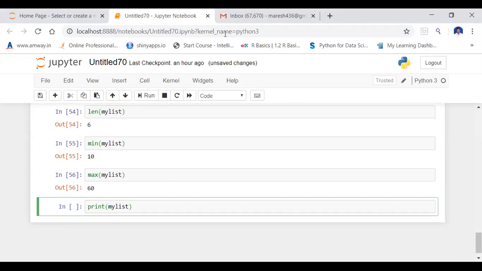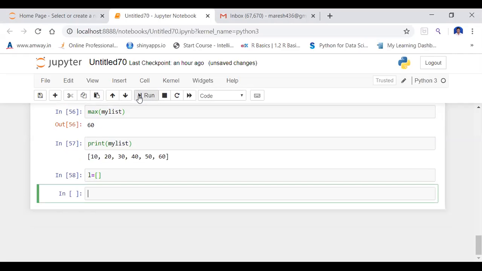My list will print all the values in my list. So here these are my values in the list. First, what I am doing is appending values into my list. For that I will declare another list. I am going to declare an empty list. I will show you how to declare an empty list. This is an empty list declaration. So I am going to append the values into the empty list.